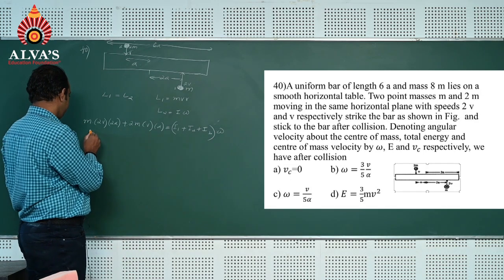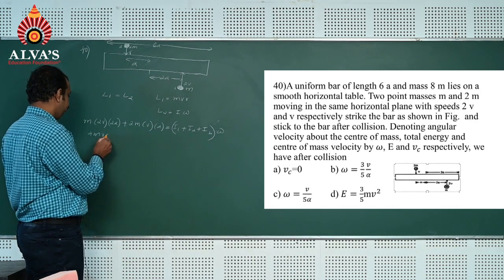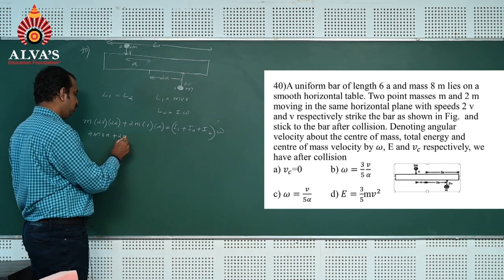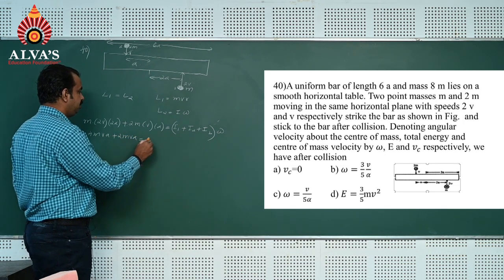Now this is 4mva plus 2mva, which is equal to,